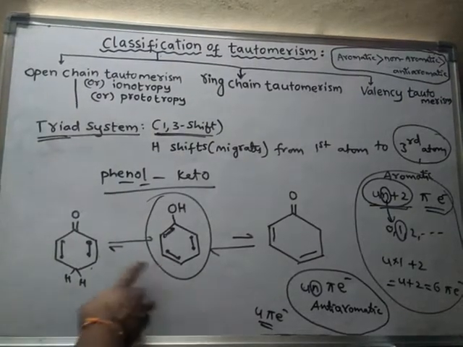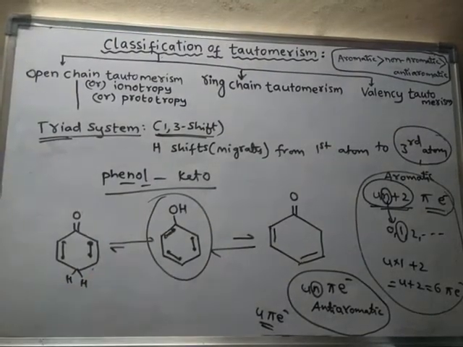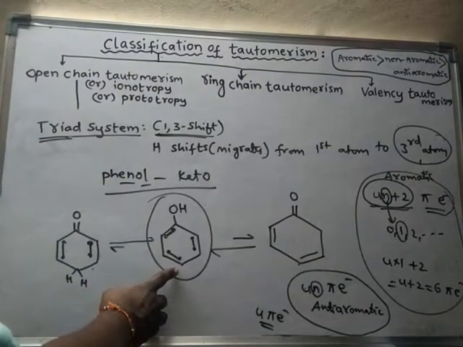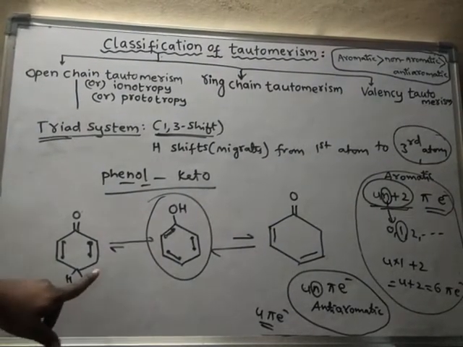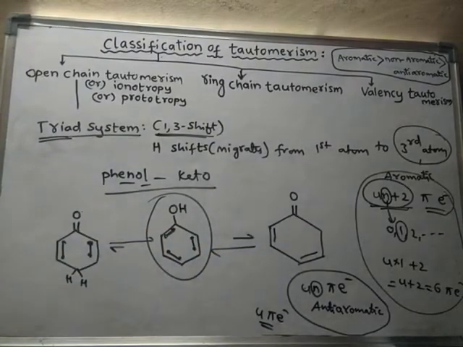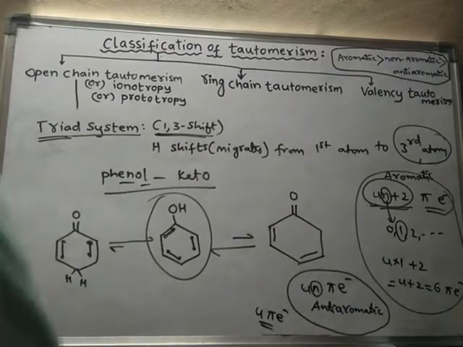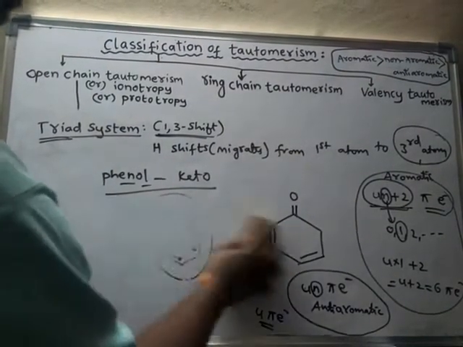This compound will convert into such a compound very hardly, because this is the most stable form. Hence this compound will convert into this compound very hardly. So this compound is either this or this compound. They are present in very minute amounts. So this is present in large amounts, right? So phenol-keto form of